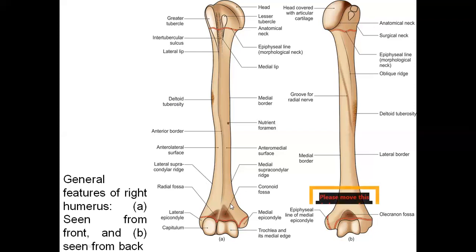See, these features will make us identify the anterior aspect of the humerus, and will also help us to identify whether it belongs to the right or left side. Okay, you have to keep these features in the anterior aspect. The head should be directed medially because it is articulating with the glenoid cavity.